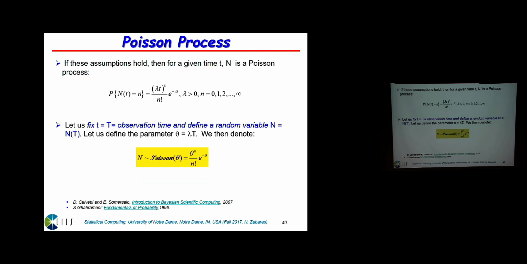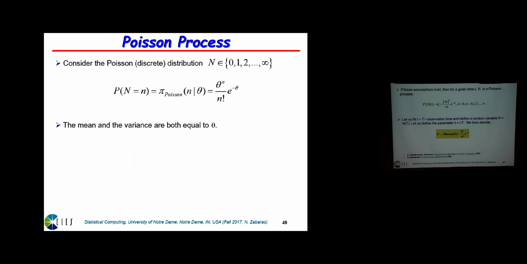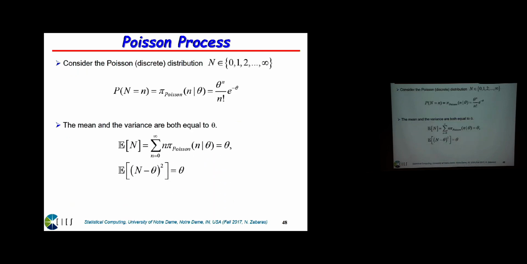So n follows, again, I see a typo there. If I use n, little n there, I should make this a little n. Okay? So this is a Poisson distribution that looks like that. Do you know what's the mean and the variance of Poisson? I mean, you can prove it in a few seconds, but what's the mean and the variance? Huh? 1 over theta? Okay, theta. So both the mean and the variance come up to be equal to theta.